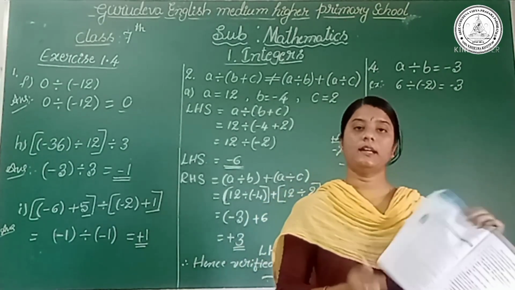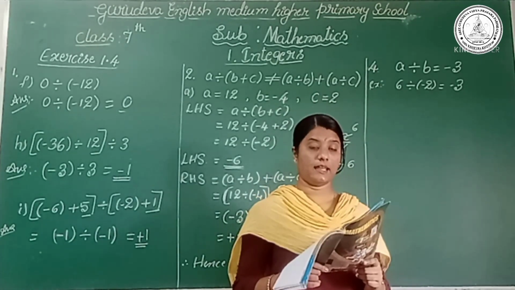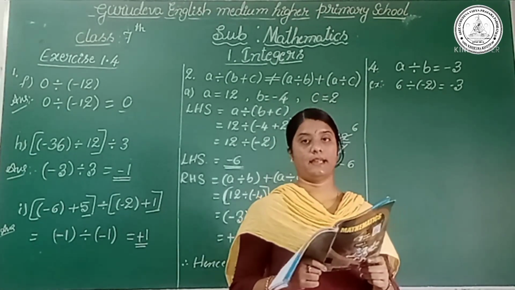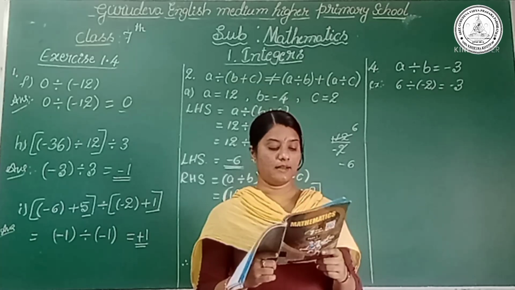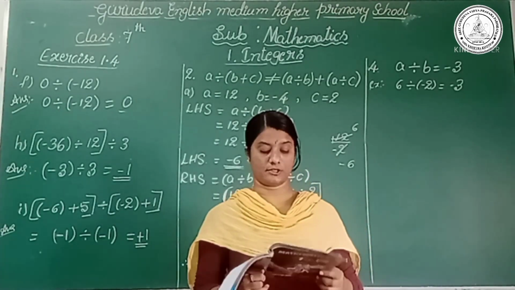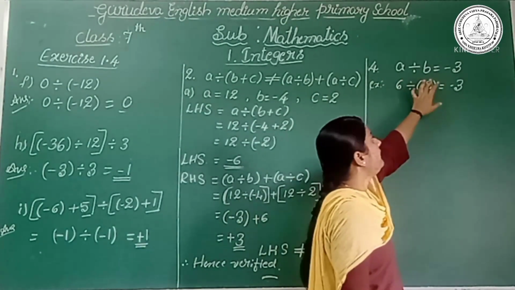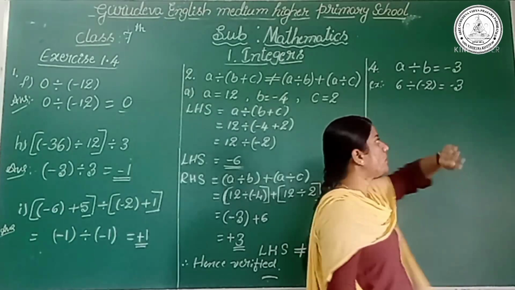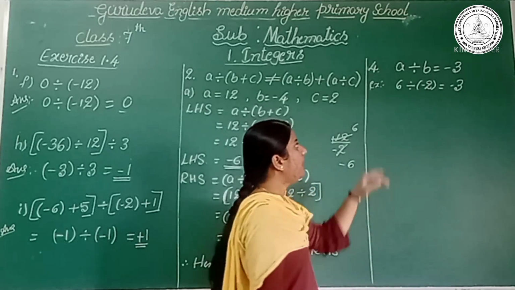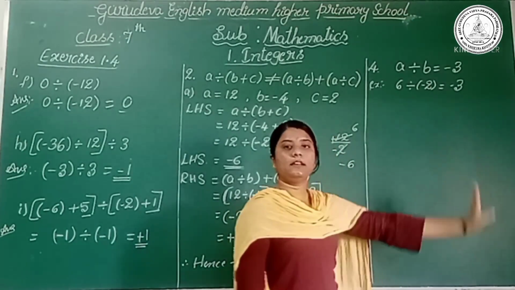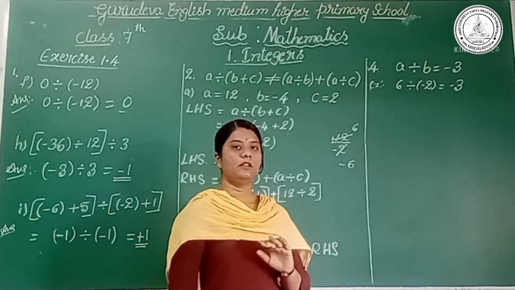Okay? Yes. I will go to the next question, that is write 5 pairs of integers a comma b such that a divided by b is equal to minus 3. One such pair is 6 comma minus 2, because 6 divided by minus 2 is equal to minus 3. So here they said, if we divide any two integers, we will get the quotient as minus 3. So here they have given one of the pairs, that is 6 and minus 2. If we divide 6 by minus 2, I will get the quotient as minus 3. So which are those such pairs? So we have to write 5 pairs.